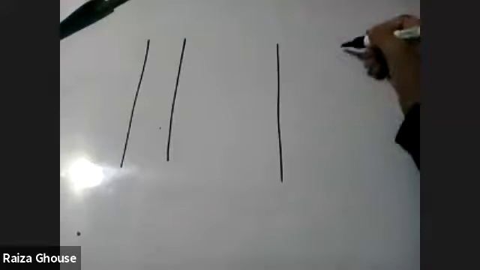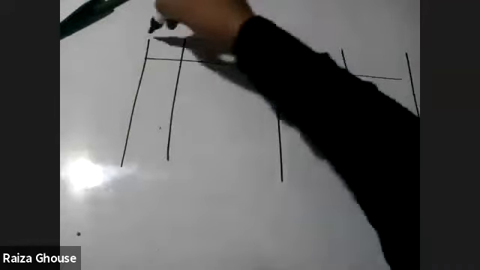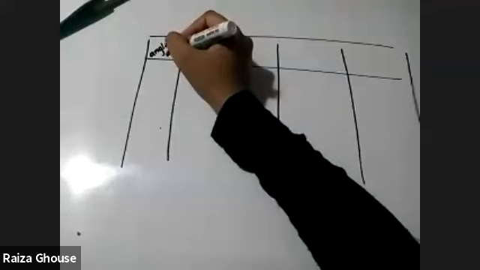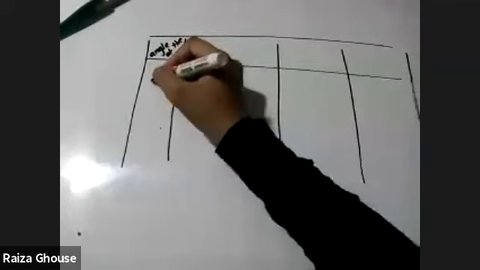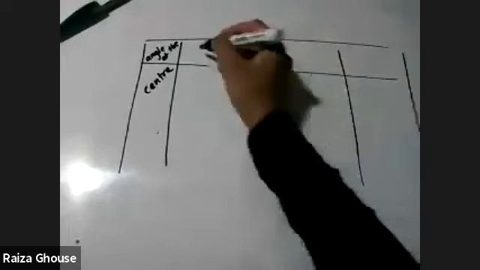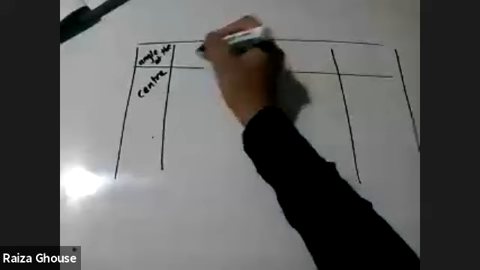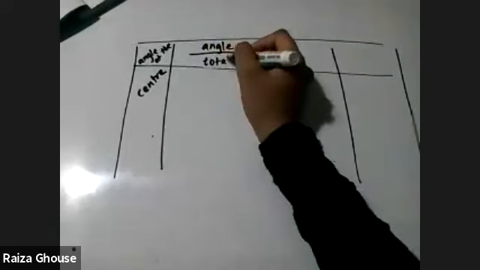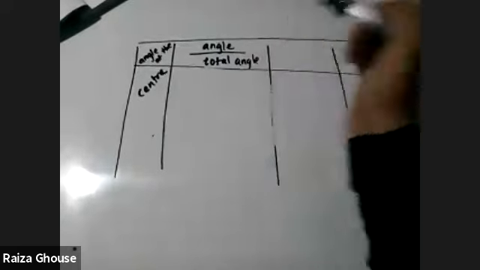Now you have to draw this table here. I want you to draw something like this. One column, a little bit of long column, another one column, and another one column. Here you write down angle at the center. I'll write it big, okay? Angle at the center. Here you should write down angle upon total angle. Total magnitude, shortly we'll write.